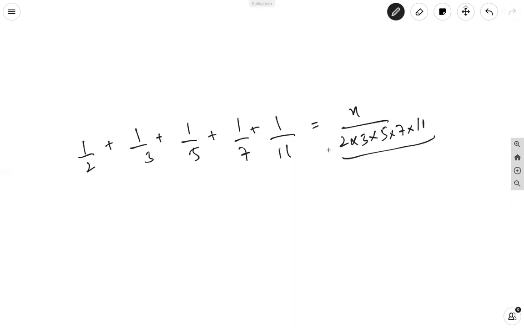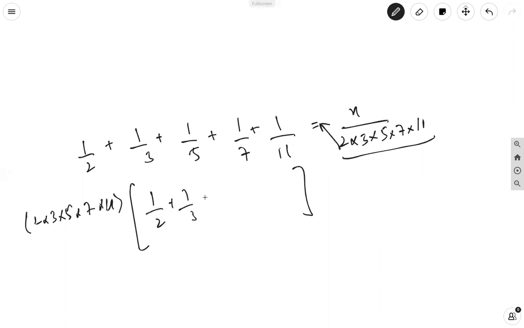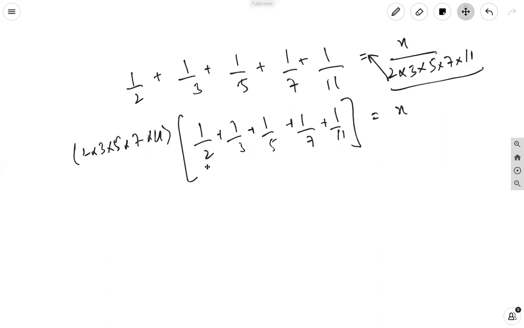Just multiply this to the other side, right? So first of all, we will have 2 into 3 into 5 into 7 into 11 into 1 by 2, 1 by 3, 1 by 5, 1 by 7, and 1 by 11 is equal to x. If you multiply this to each term separately,